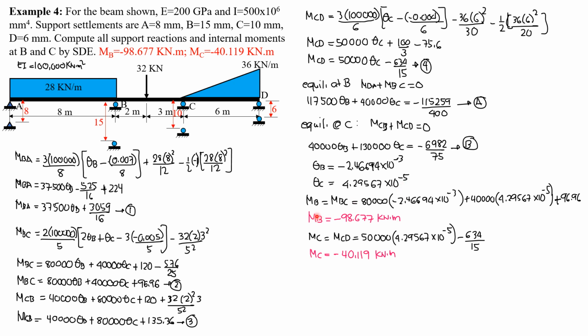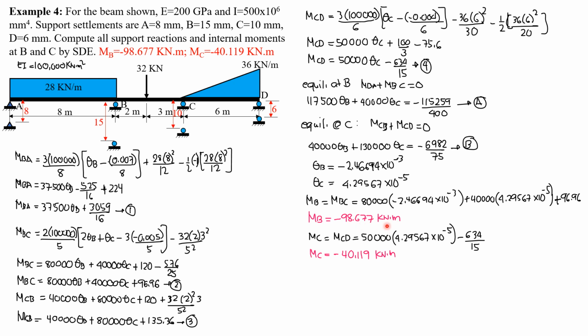We can now compute moments at B and C. For moment at B, it is moment BC, which is this, so 80,000 theta B. So 80,000 times negative 2.46694 times 10 to the negative 3 plus 40,000 theta C, 40,000 times 4.29567 times 10 to the negative 5 plus 96.96. So MB is negative